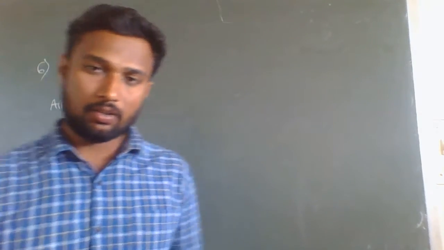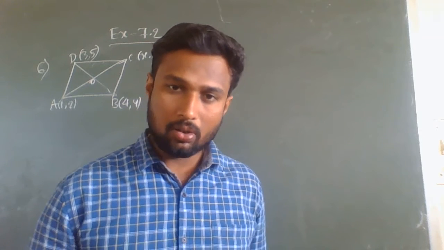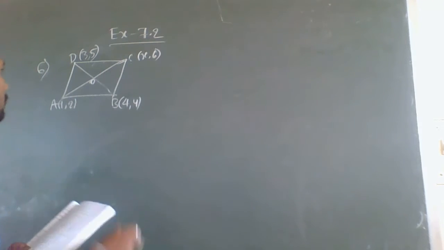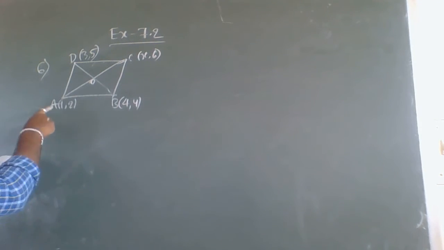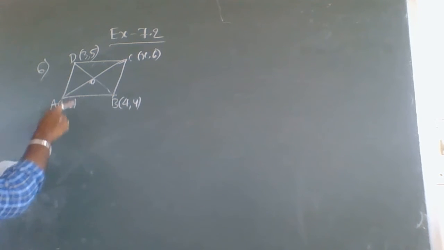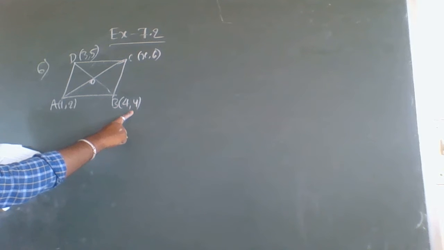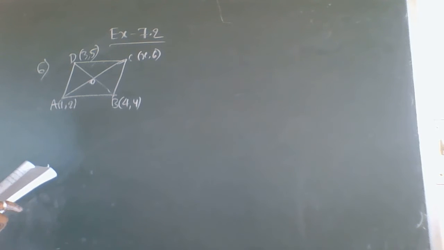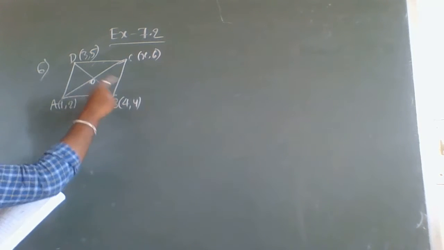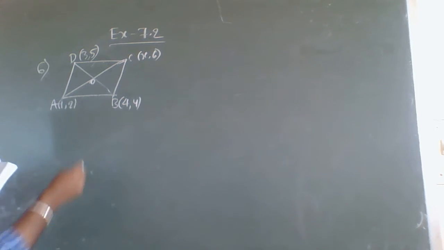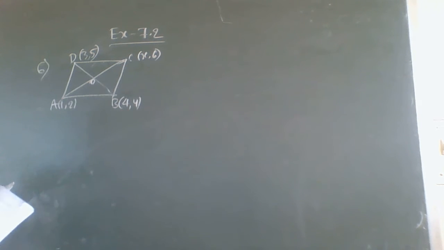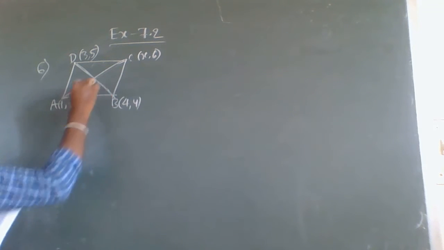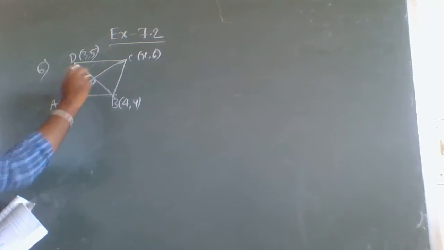So here they have given four vertices of parallelogram, so we have to find out x and y values here. So here this is the diagram. This is the parallelogram ABCD and coordinates they are given (1, 2) and next (4, y), (x, 6) and (3, 5). Are the vertices of parallelogram taken in order, and here we should find out x and y values. Okay, and we will draw diagonals here BD and AC, and this O is midpoint of these two diagonals.